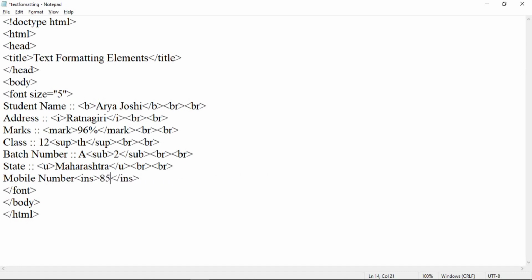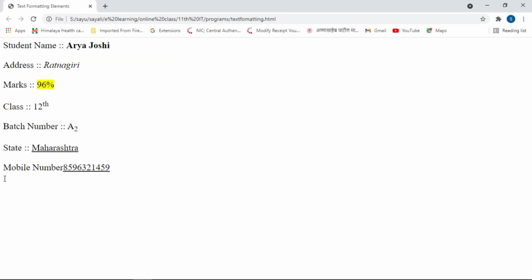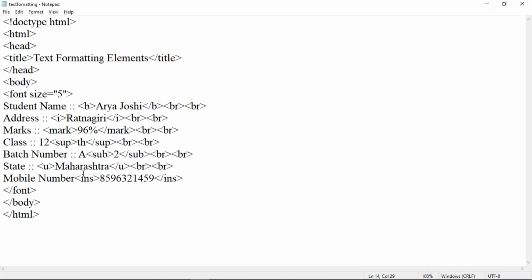Suppose number is this. Then save this program. This content will be displayed as inserted text. Here add a colon. Save this program. Now add here a pair of BR tag, and now we have to use a del tag.